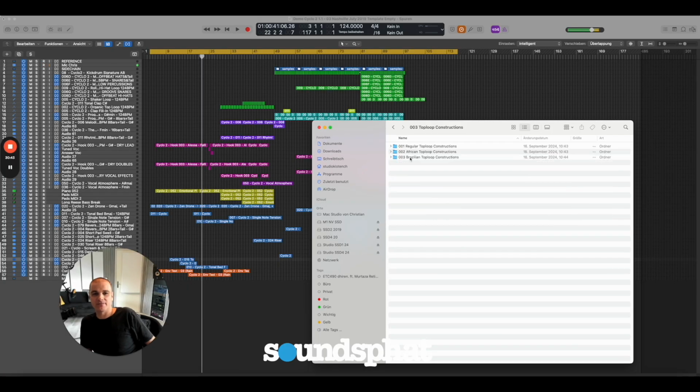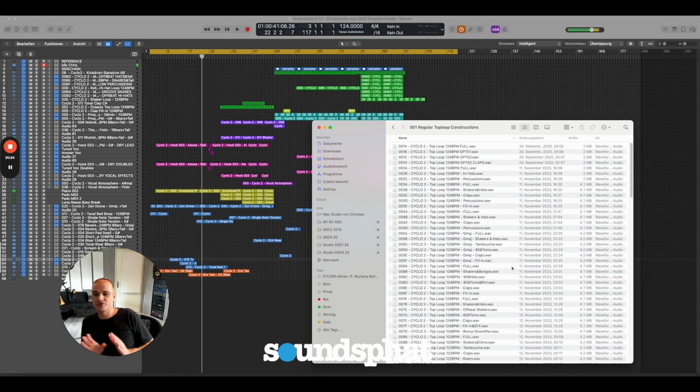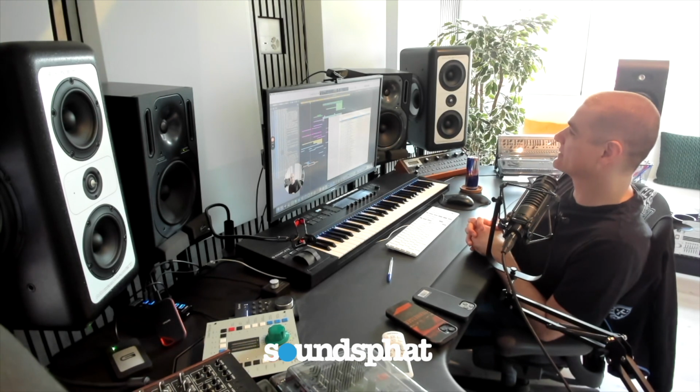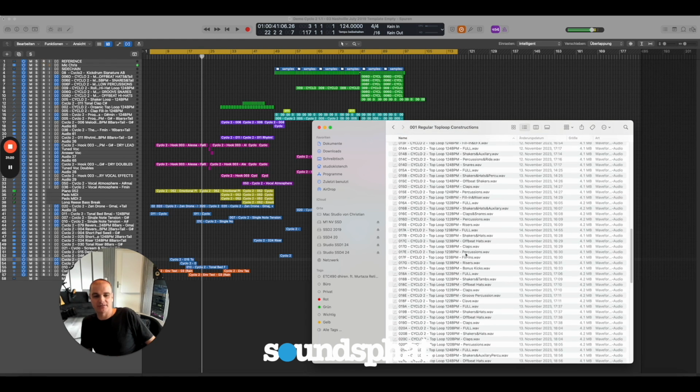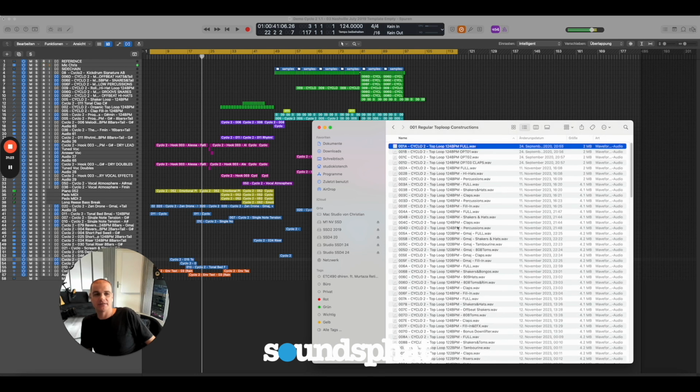All right, then we are having the top constructions. This here in the first subfolder, the regular top construction, is the same idea as for the full drum construction, but just here there is no kick drum involved, but you're having the full top construction here as well. And then you're having all the options of single stems like hi-hats, percussions, shakers, claps, and so on, as single stems, so you can easily work with the single stems as well. But here, as said, these are top loops. There is no kick drum information here, and this may be a little bit less low-end percussions than in the full